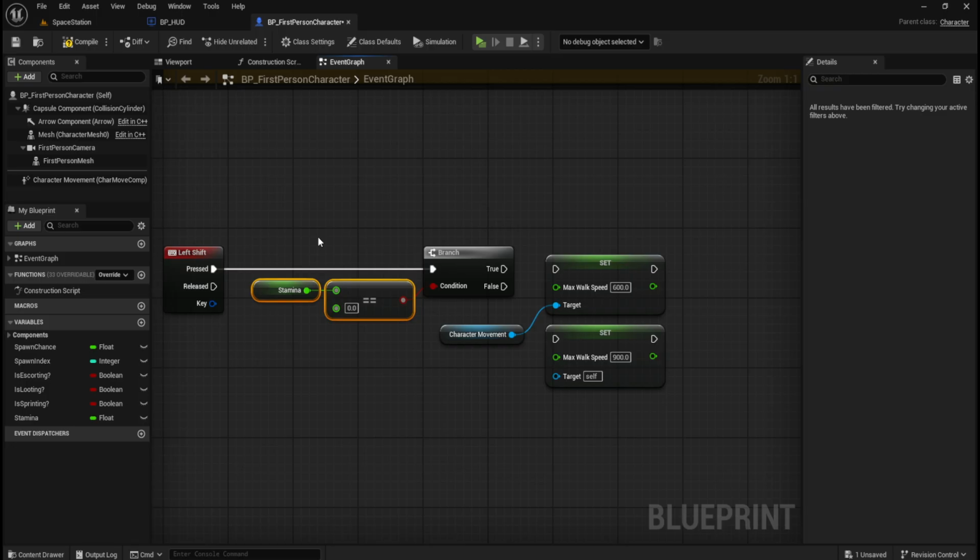So basically, if I was to just say in here, if we're pressing left shift, like if the stamina is 0, I think that's why I would have put it in the event tick in the other project. But that doesn't make sense, because if I'm left shifting, in the other project, if I'm left shifting,